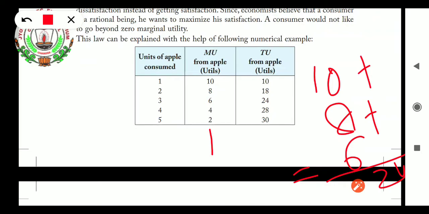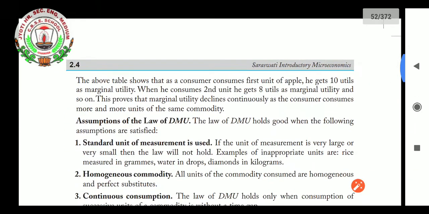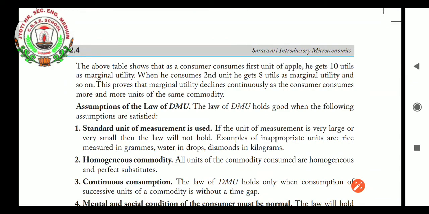And the satisfaction level will be the maximum. Total utility will be 30 plus 2. Again we will be seeing that here will be coming 32. Here it is the level where the 6th unit, the maximum consumption will be done by the consumer and he will be satisfied. Now the answer will start coming negative from this point. The TU will start declining and MU will start coming negative.